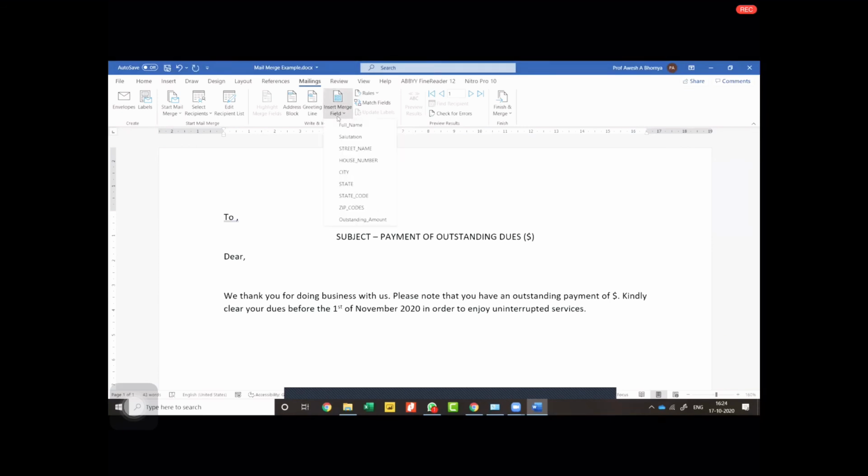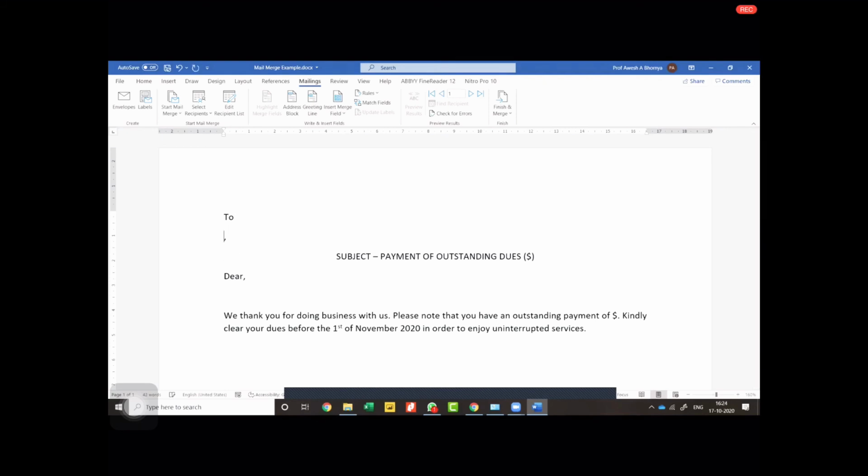Now, put a space here, and then the first thing you want to insert is the salutation. So we want to say "to Mr. whatever, whatever." So instead of that, we will just cut this from here, and we will say "to," then this is going to be the salutation. Put a space here, and then again click on insert merge field and click full name. Now what is it showing? It's not showing James Smith or any name, but it is actually showing you how it is looking in the mail merge. So this means that we are picking up the data from the salutation field of that particular Excel file. So I can just click preview results to see what is there.